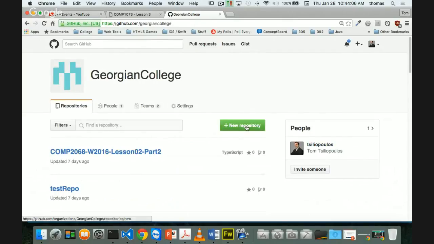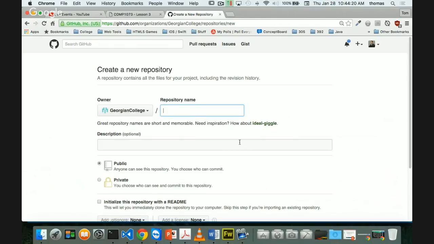I'm going to click this new repository here, or if you don't find a link in here like I do, because I'm using an organization, you can certainly create a new repository up here. Either way, it'll take you to this page, where you have whoever the owner is of the repository and the repository name. So my repository name is going to be COMP1073